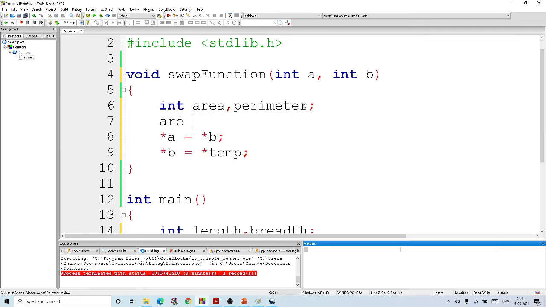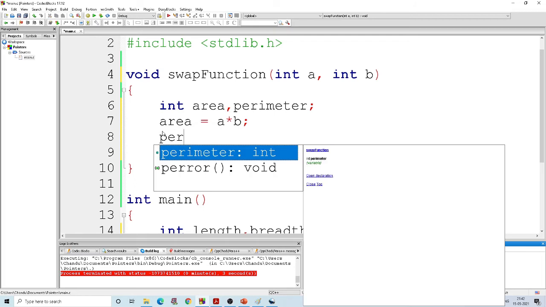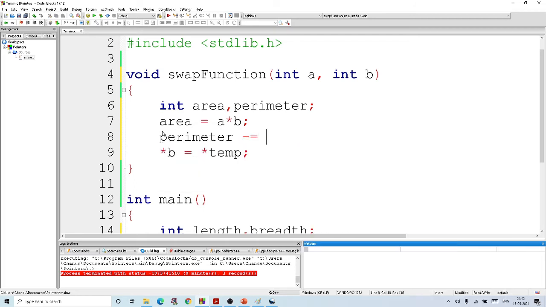I can find area using A into B, length into breadth. I can find perimeter using 2 times A plus B. This is very easy to find.